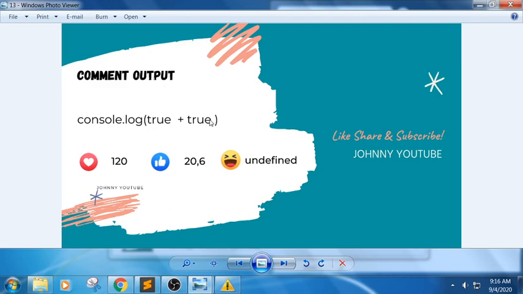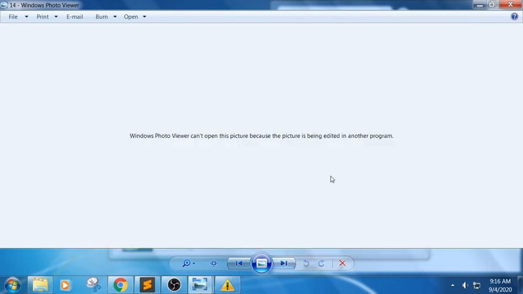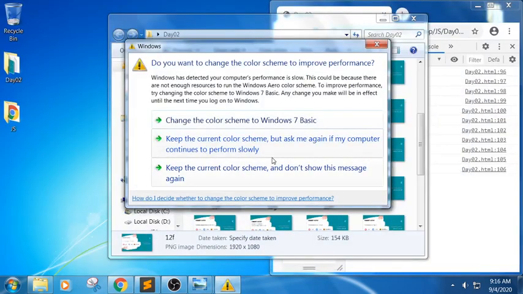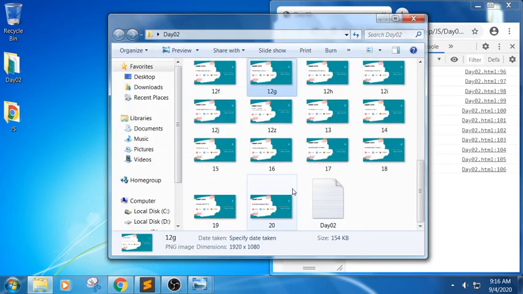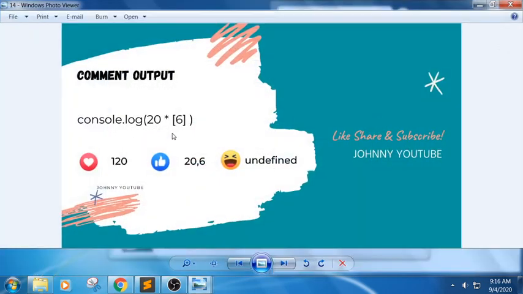Console.log true plus true would return 2. Let us go into the 14th bit. Yes. Number of array of 6. What does it mean? It will try to convert the 6 into a number. So the output of this snippet would be 120. Now let us check the next question.